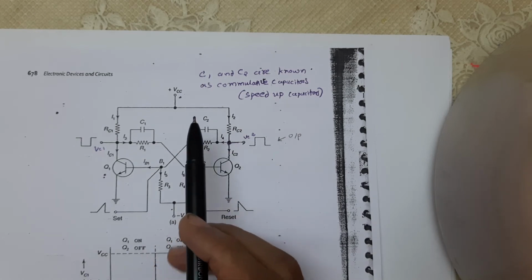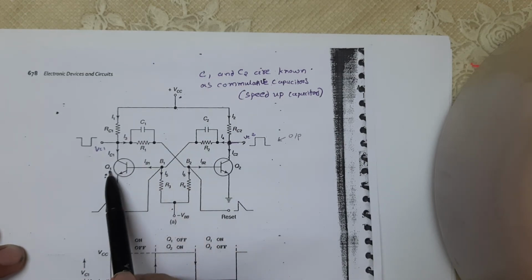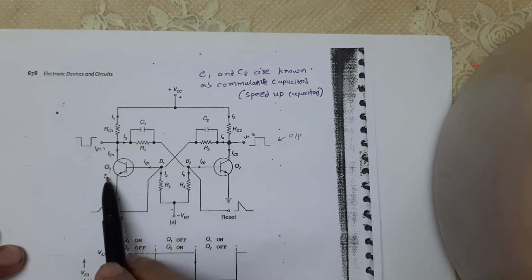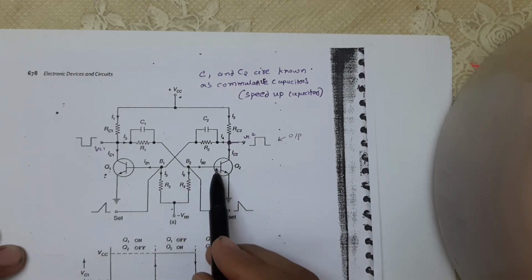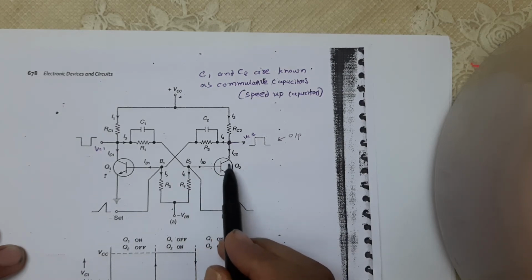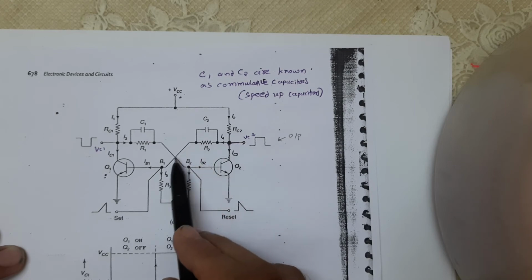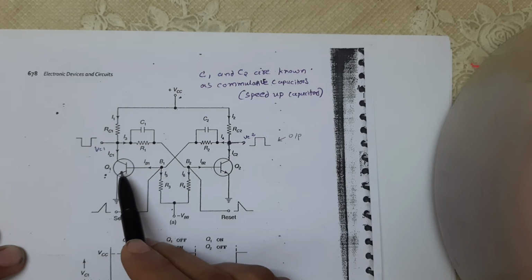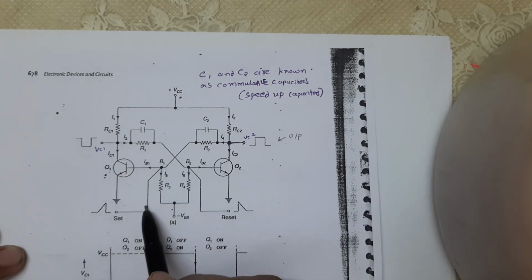So I repeat this. When we switch on, we consider that Q1 is switched on and Q2 is off. This is our first stable state. Now to get the second stable state, we apply a signal here. When we apply the signal here, this is in on condition. When this is on, the voltage decreases here, right? This voltage decreases, that means the base voltage decreases, that means the other is in off condition. Now again, if we want to get the first stable state, then we have to apply an external signal.